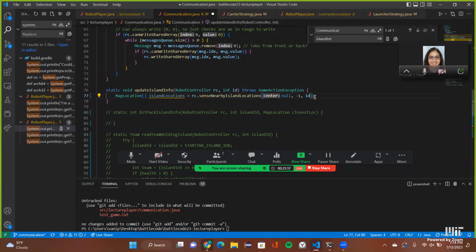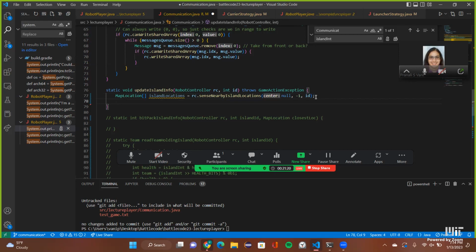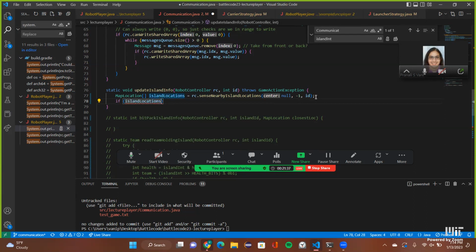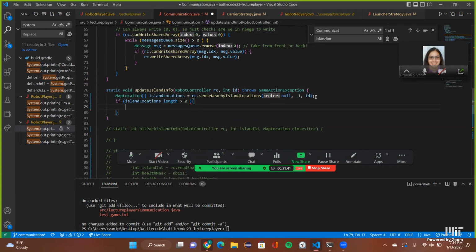And again, we're not going to go through and store the nearest one in this case. We're just going to store the first one, but the code I released tonight will have it as the nearest one, so you guys can use that. But let's just say, if island locations dot length is greater than 0,